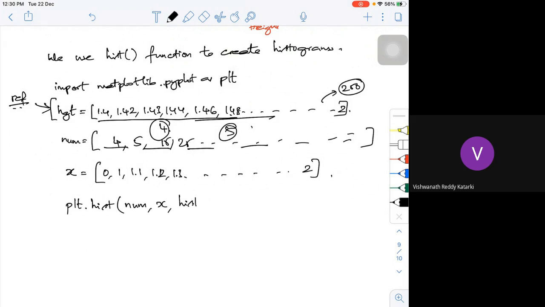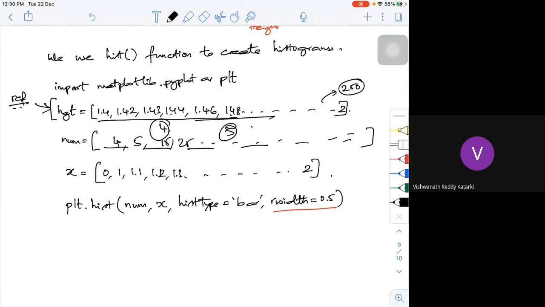Now, what is the type of the histogram I'm looking at? It is hist type, it is bar. If you want, I can go with a bar type. Then if you want, you can give width, or a default width will come, or if you want to define, you can give the width as 0.5 or whatever it may be. It's optional, not mandatory. In the pie plot it is width, here we give it as rwidth.